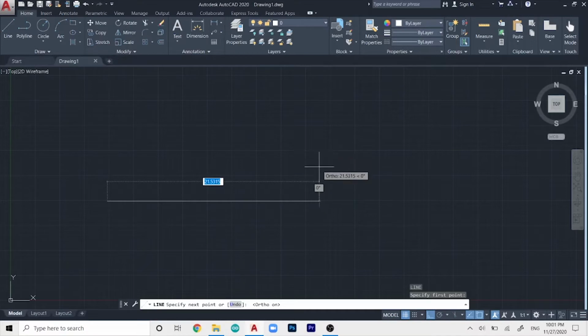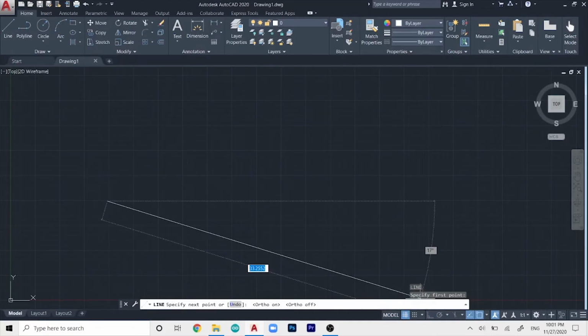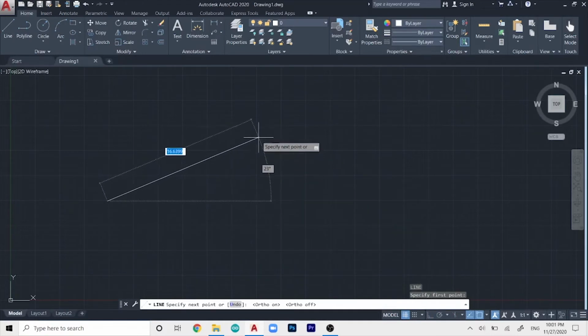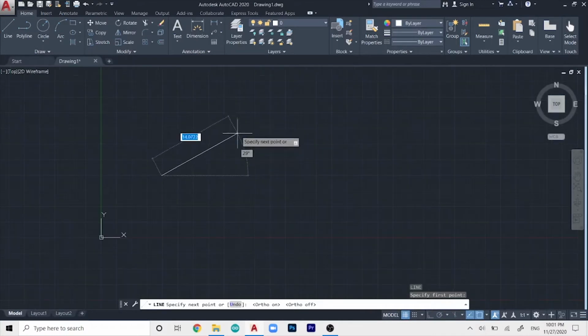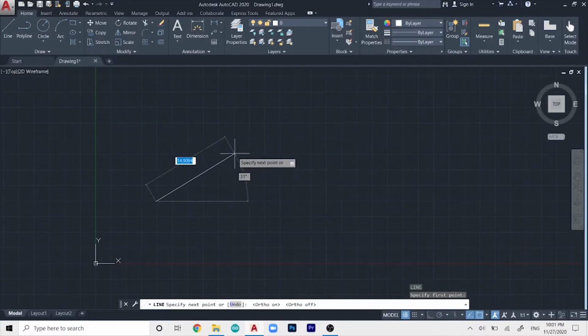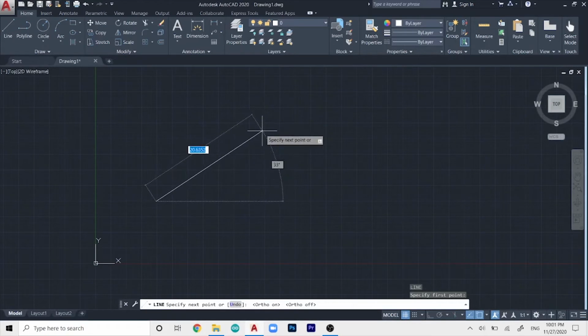Now if you want to make a line at a specific angle, I can also do that. So just turn off ortho mode for a while, and let's say I want to draw a line of 20, whatever this unit is right now. So I want to draw a line of 20 at 45 degrees. So first of all I will type 20, and it is already pre-selected as you can see by the blue indication. So I will type 20,